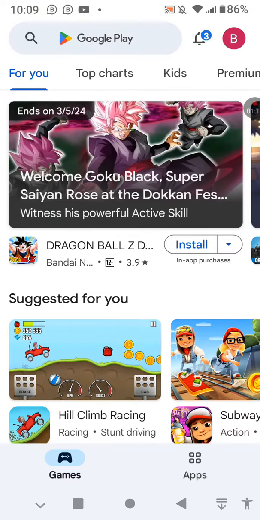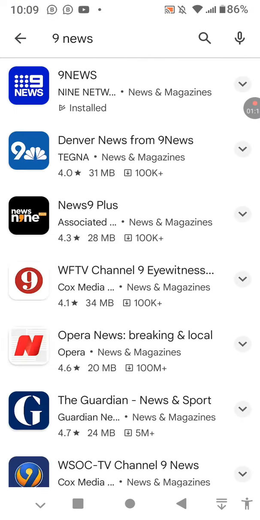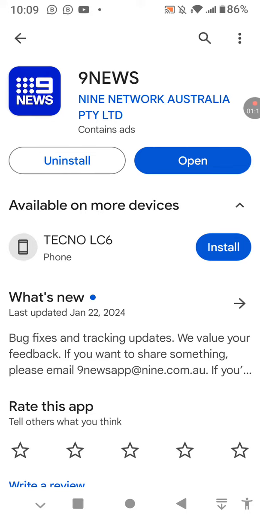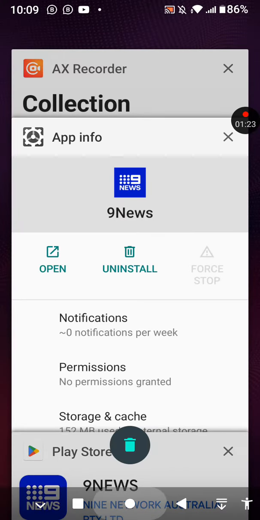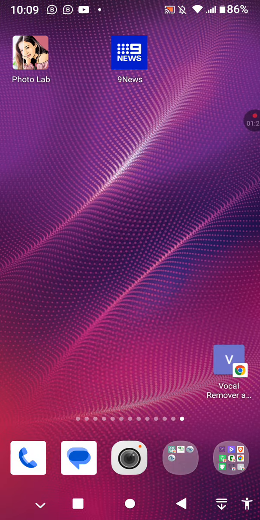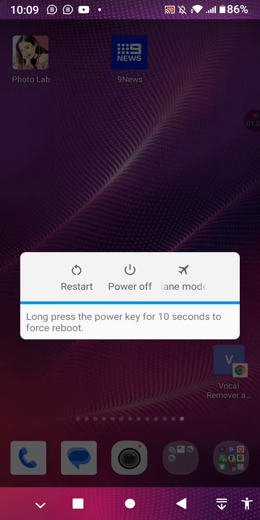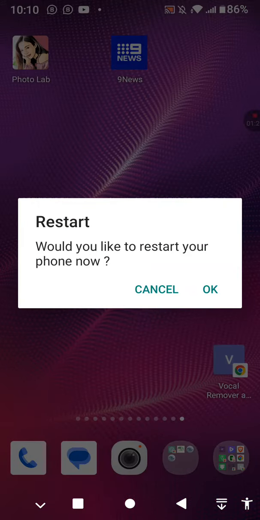tap on it, now search for 9news, tap on it and make sure you update the app. So after updating your app or getting the latest updates, what you have to do lastly is to tap on the power button for some while, tap on restart, then you tap on OK, or you tap on reboot, then you tap on OK. It's all the same